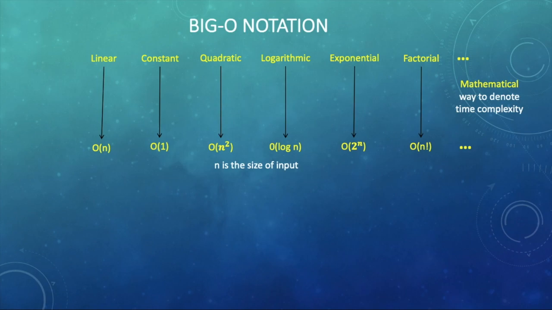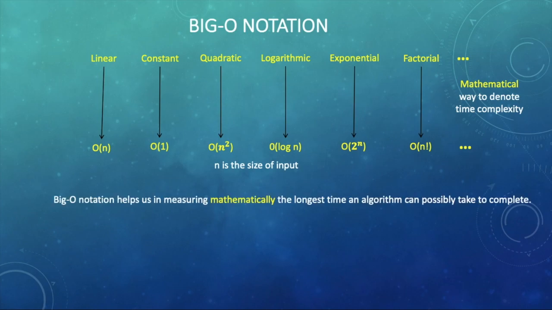Notice that constant time complexity is represented as big O of 1, where 1 inside the parentheses is for standardizing the notation. It can be 2 or 20 or 200 inside the parentheses depending on the algorithm. But by convention, for representing constant behavior, we use big O of 1. Similarly, quadratic time complexity can be expressed as big O of n square. Just by changing what is inside the big O parentheses, we can denote different types of time complexities.